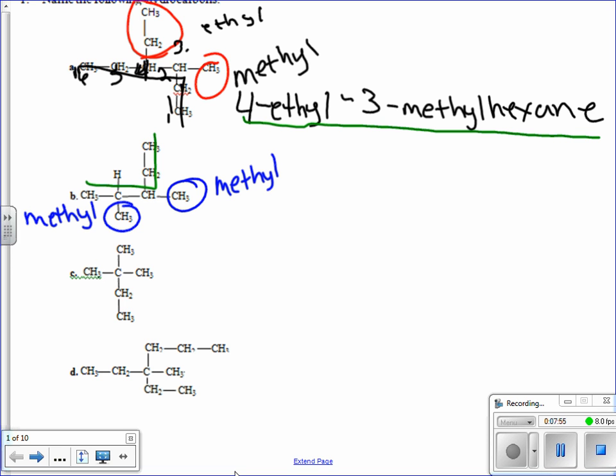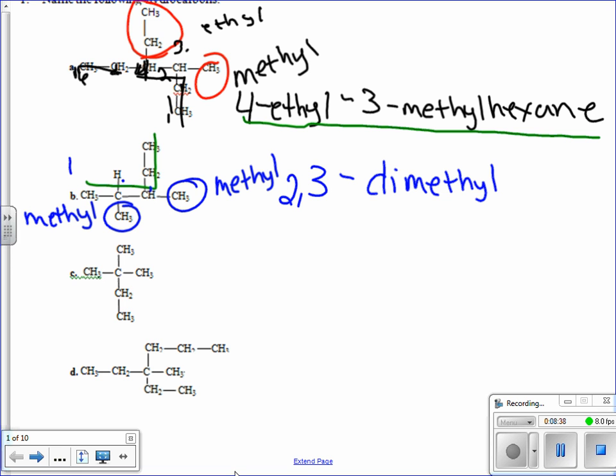If I start numbering at the top, and that carbon's 1, that would give me a methyl branch on carbon 3 and a methyl branch on carbon 4. If I start numbering from the left, start numbering here, that would give me carbon 1 and a branch on carbon 2 and carbon 3. So 2, 3 is a lower number combination than 3, 4. So I'm going to start numbering from the left. So my branches are on 2, 3. We use commas in between numbers, dashes in between numbers and letters, dimethyl,